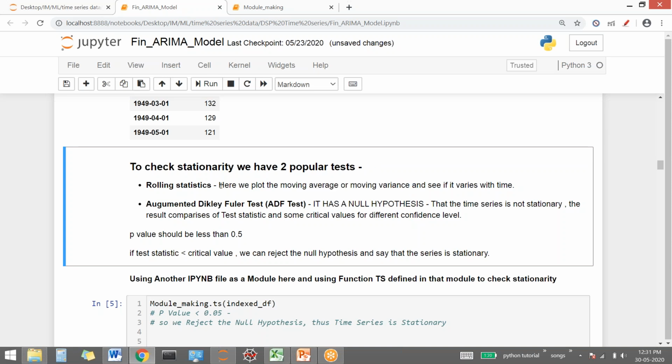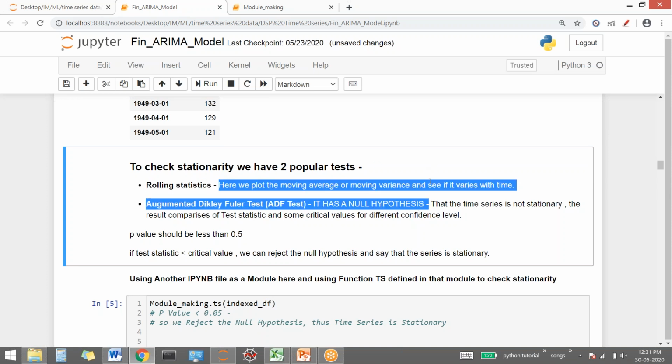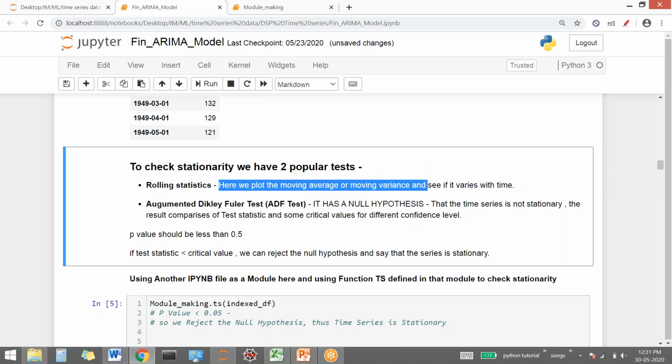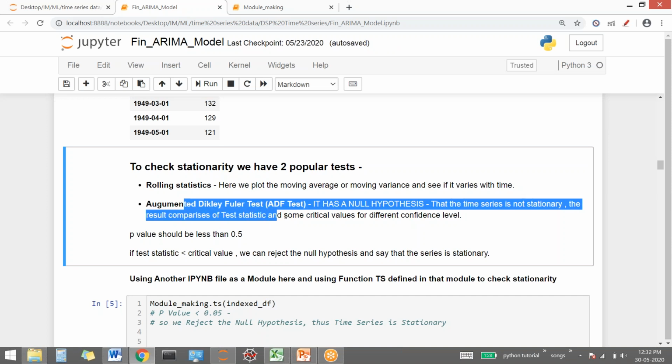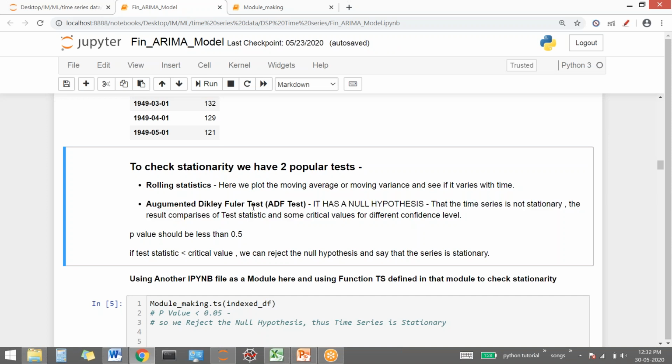ठीक है. So rolling statistics में along with our data we'll be plotting moving average and standard deviation and see that is the data stationary or not, because the basic property of a stationary data is that it will have a constant mean and constant variance over the time. ठीक है. Though this is just the visualization test. उसके बाद we not only go with visualization because graph we might not be able to analyze, so हम हमेशा go with hypothesis test. So hypothesis testing के लिए we'll be using this augmented Dickey-Fuller test or ADF test.